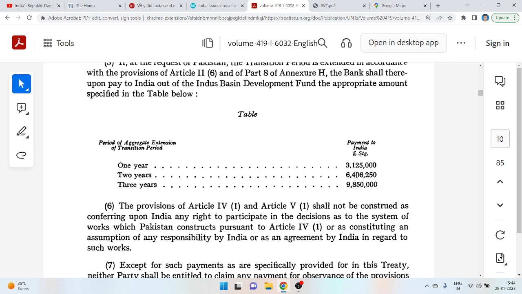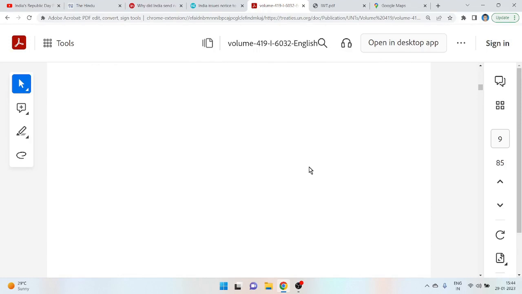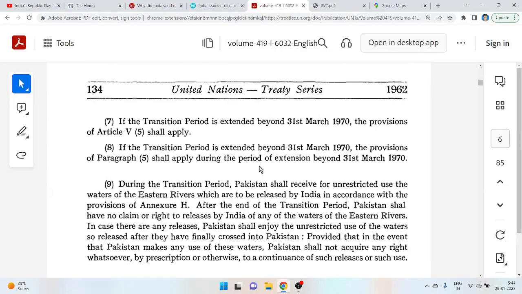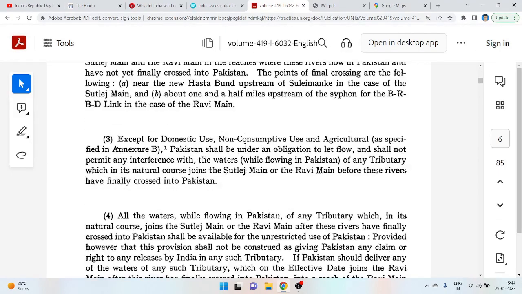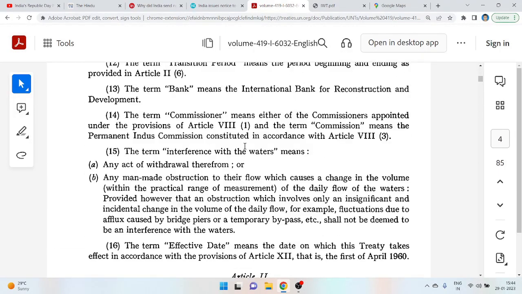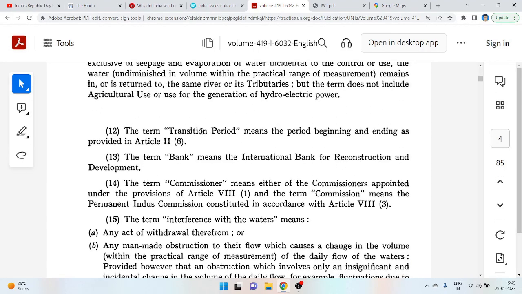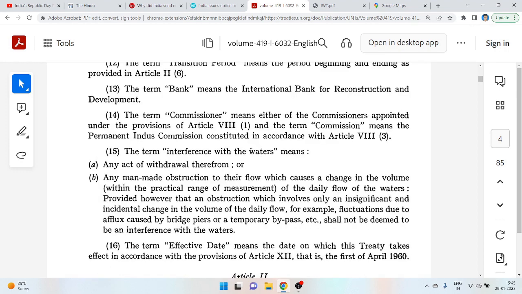3,125,000, then 2 years 6,406,250,000 and 3 years 9,850,000 euro has to be paid by Pakistan to India. Okay, that is the first point. Then go back to that point. I was talking about the transition period. Okay, transition period I have already told you. Next important is